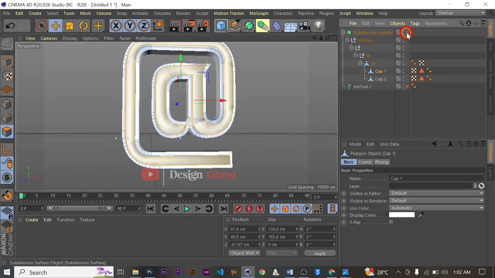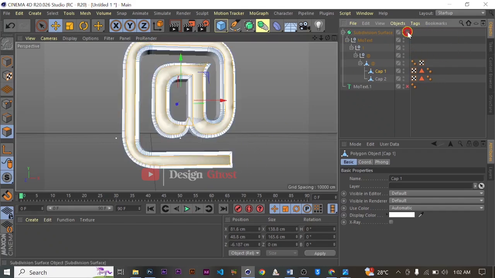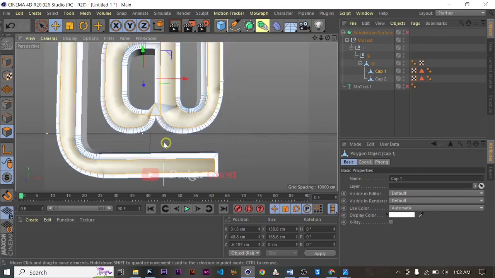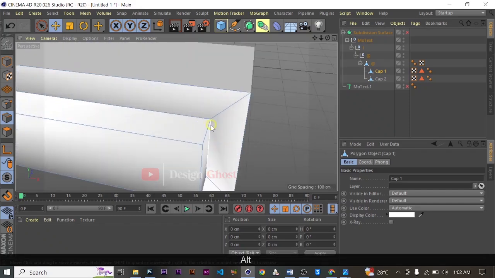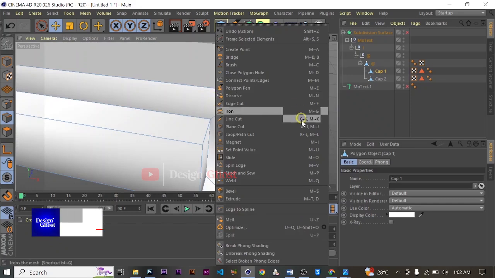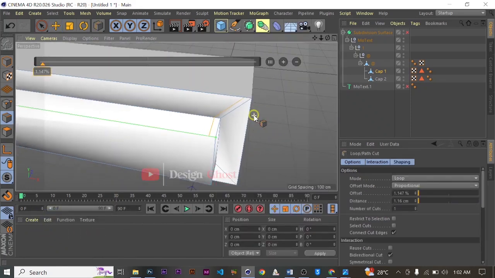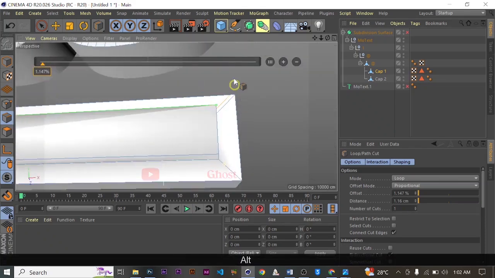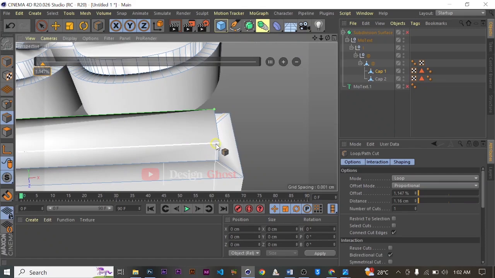Okay, so let me deactivate the subdivision. You see, it's straight, it is not curved. So to fix that, we are going to disable the subdivision surface. We are going to choose the edges of the polygon, and then we are going to add a loop cut. So we are going to right click, choose loop cut, and then we are going to add loop cuts at the edges of this part. Okay, so we add a loop cut,